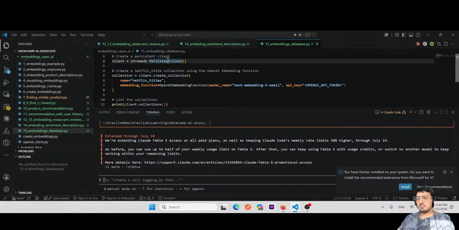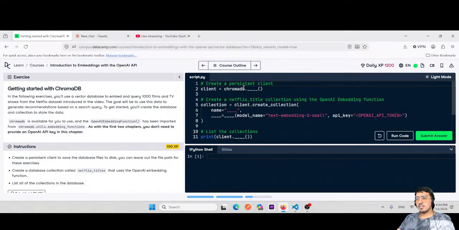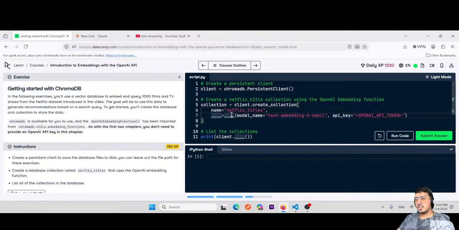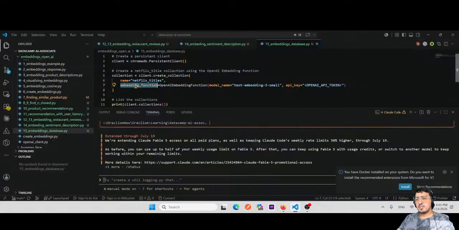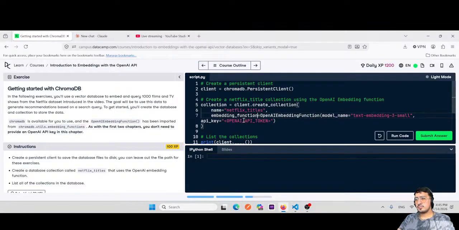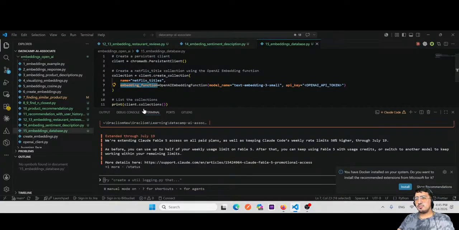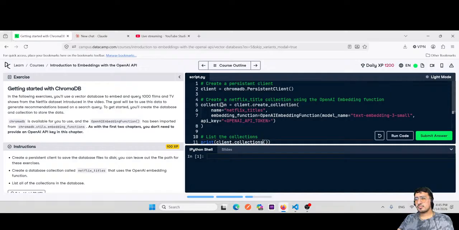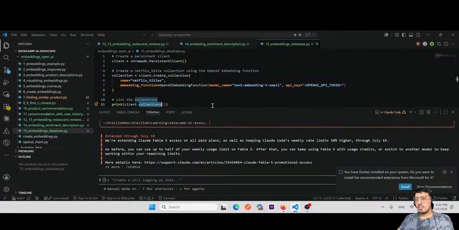So we need to fill this here. Then the title should be Netflix titles, and this is the OpenAI embedding function. This is the embedding function. Implying collections is gonna give me the collections. Here, this is already imported, but